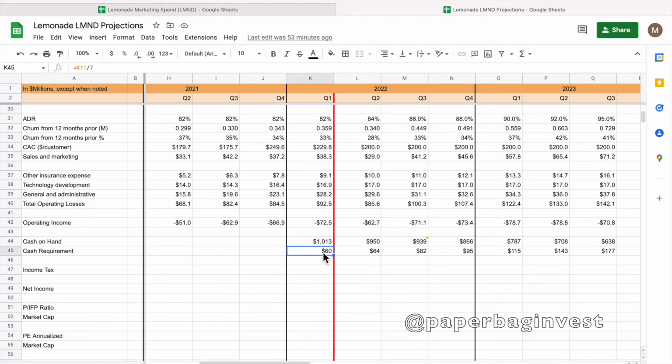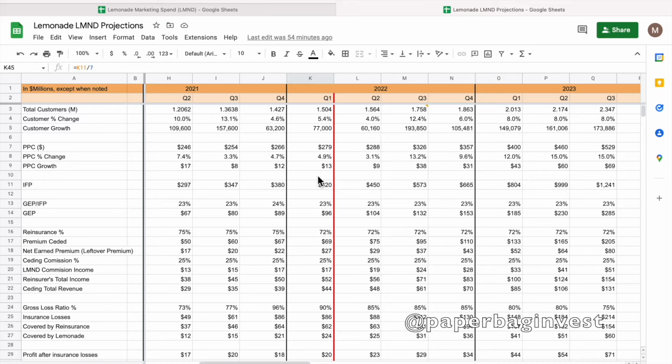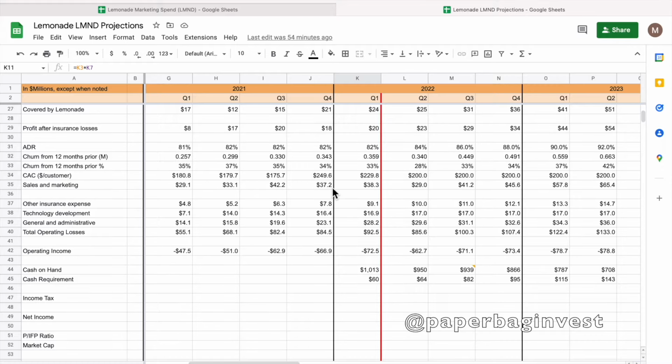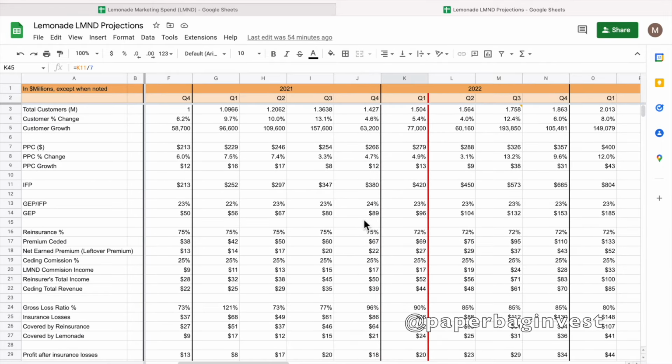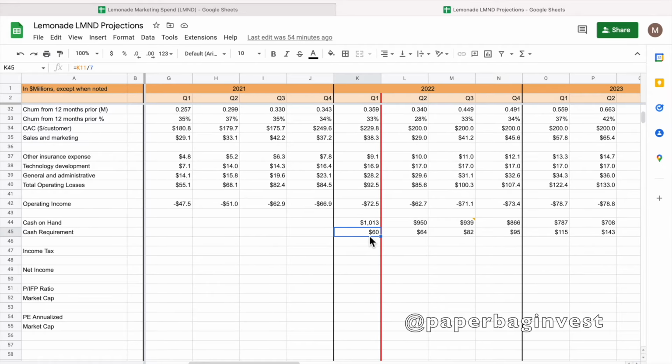And then I also put in here a cash requirement. See, the way Lemonade's reinsurance is structured right now, they need about 1/7 of every in-force. Basically, for every $7 of in-force premium that they have, they need about $1 in cash and cash assets or liquid assets. So I've taken the in-force premium total, which is up here, your $420 million, and divided it by 7 to get about $60 million as their cash requirement.